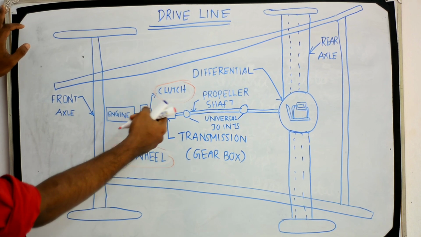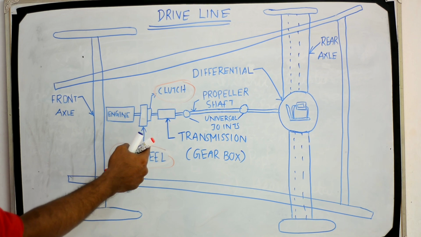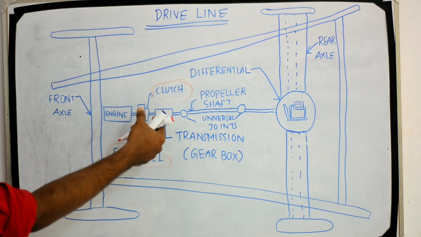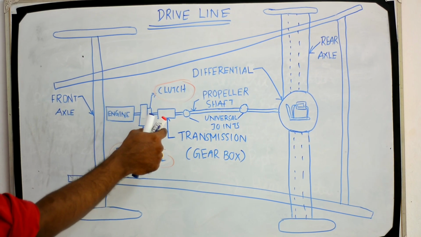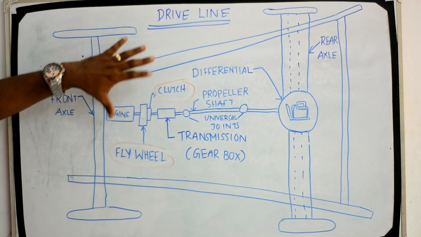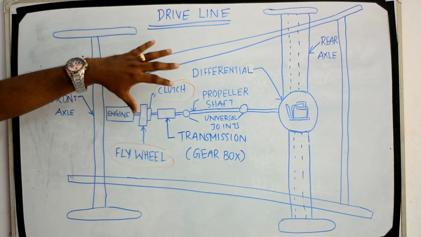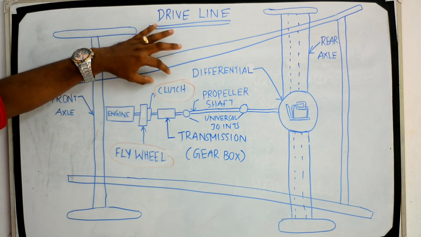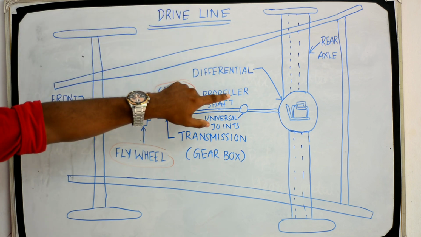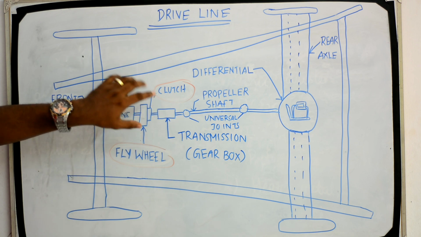When a change of gear is required, the clutch pedal is pressed and the pressure plate moves against the force of the spring. This disconnects the pressure plate from the flywheel. Now the gear can be easily changed. After the gear is changed, the clutch is engaged so that power runs from engine shaft to gear shaft. That is clutch.